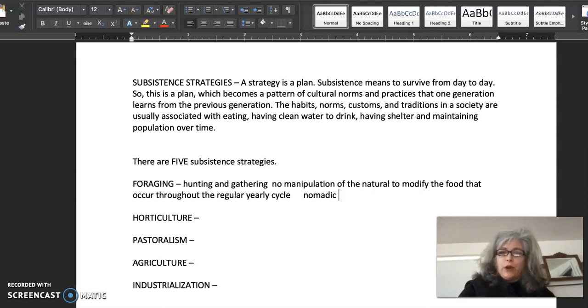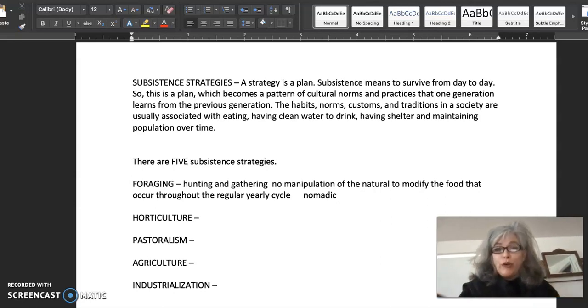They're following the migratory pattern of animals that is their dominant food source. Multiple reasons. But one of the reasons that they move from place to place, here's movement in my help, one of the reasons that they move is because they do not make modifications to the natural environment. And if they stayed in one place too long, they could and would overtax the foods that are naturally occurring